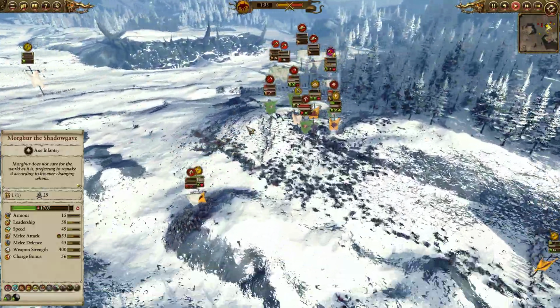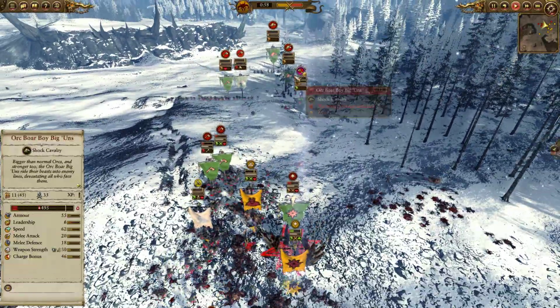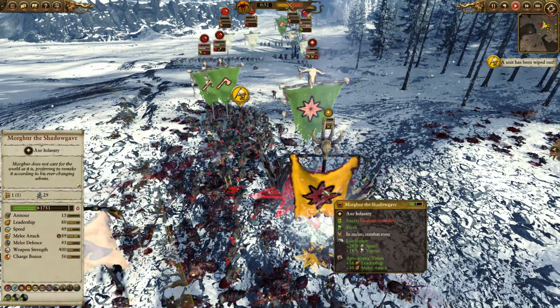The leadership of the Beastmen's looking very, very shaky, and it looks like it's starting to tilt in my opponent's favor slightly. The leadership of the greenskins is also very shaky as well, but a lot of their troops are starting to rally now, and as Morghur starts to take a lot of damage here from Azhag,